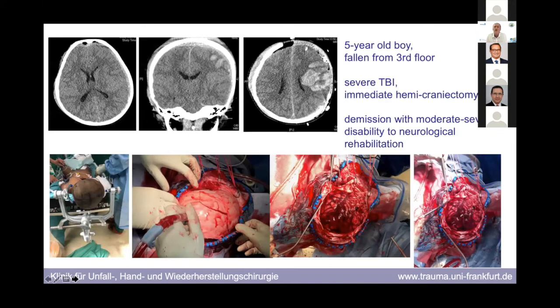This is another case of a 5-year-old boy. He has fallen from the third floor from the window, and we had in the initial CT scan large bleedings here, and of course a low Glasgow Coma Scale, and we went immediately for hemicraniectomy. You also see here the fractures, the hemicraniectomy, and the decompression. This patient had some disability and went to neurological rehabilitation, but this is the only chance for surviving,